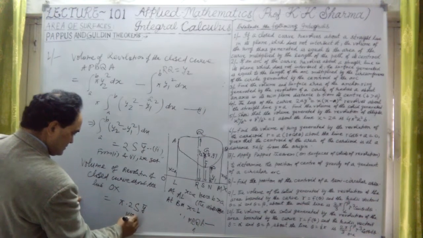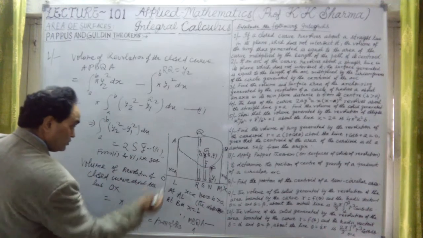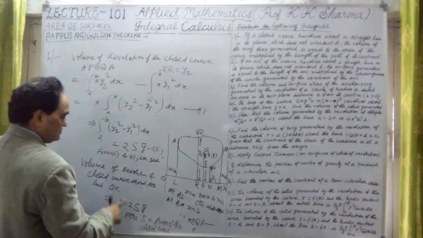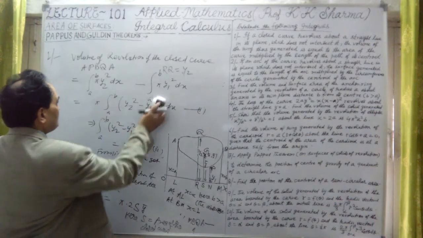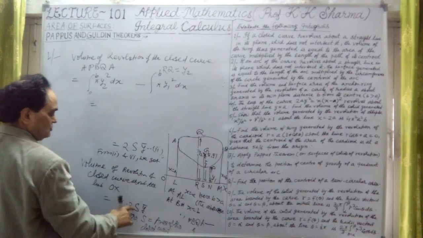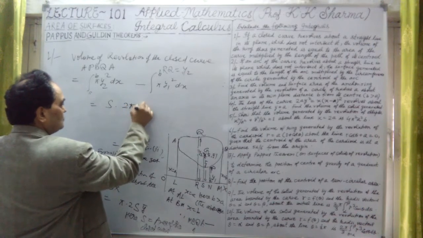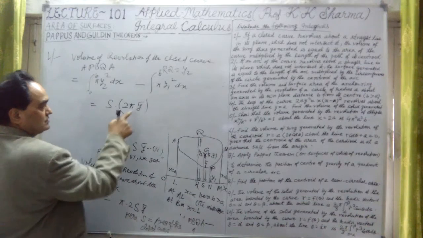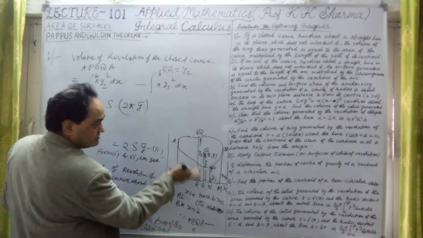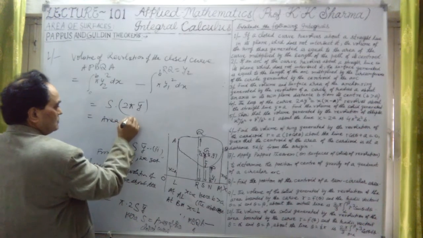Here capital S is the area of the closed curve. Therefore, let me first again illustrate this. This is equal to S into, capital S if I take separately, 2 pi into y bar. What is 2 pi into y bar? This is the circumference of the circle generated by the centroid G. This is the area of the closed curve into